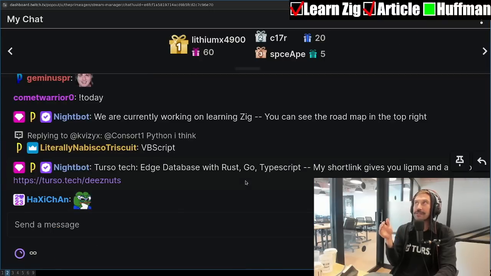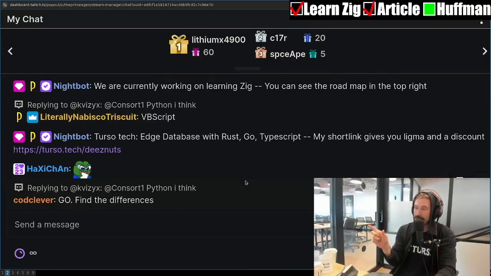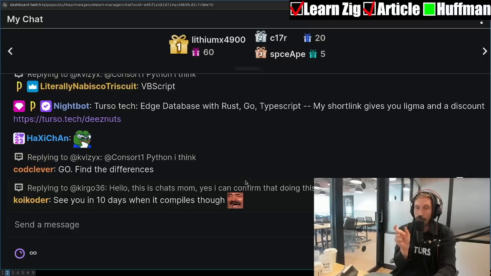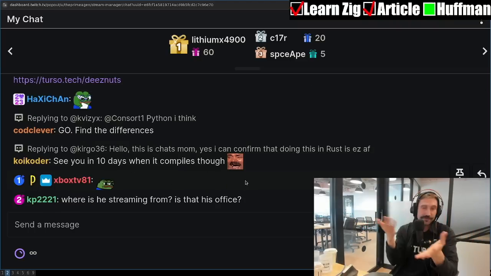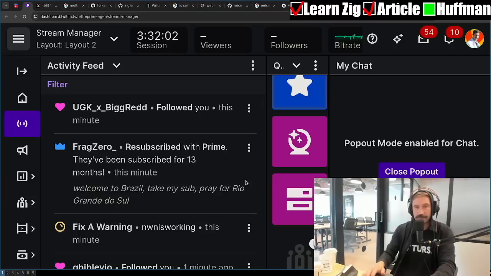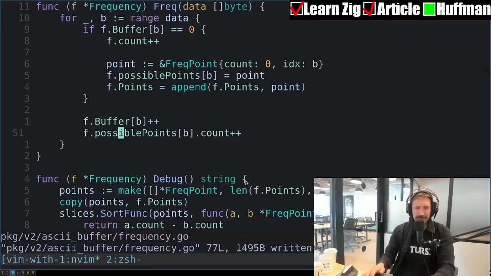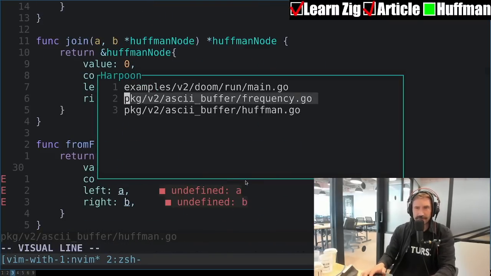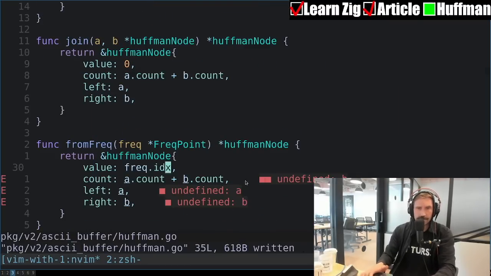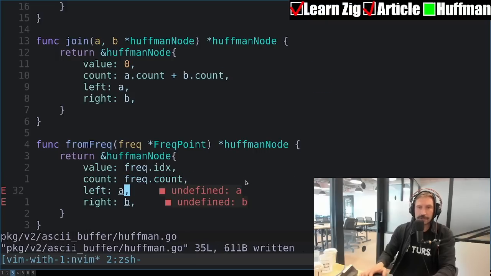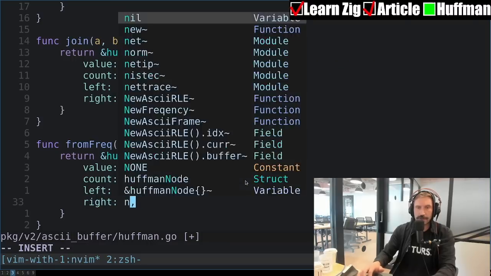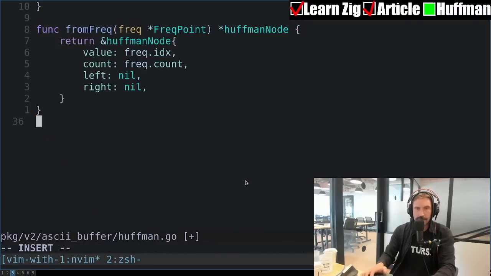And this allows me to have a simple count array, but it also allows me to have an array of only frequency bytes as opposed to the whole thing. So instead of 256, I only have, say, 10 or 20. You know what I mean? Okay. Pretty straightforward, I'd say. All right. I like where I'm going from here. Frec.count. Left nil, nil. All right.